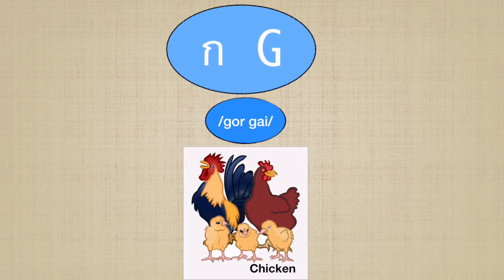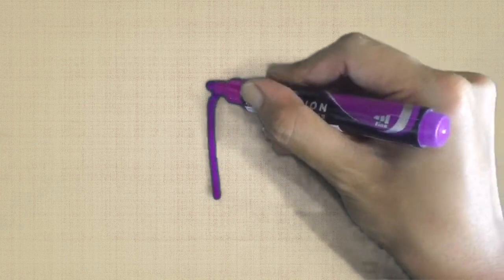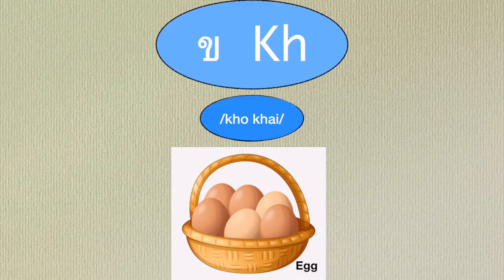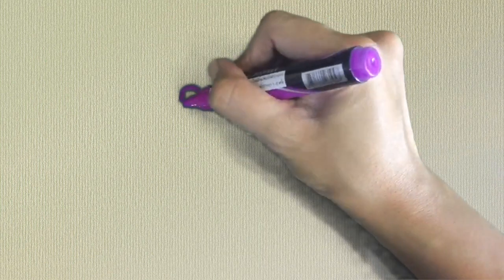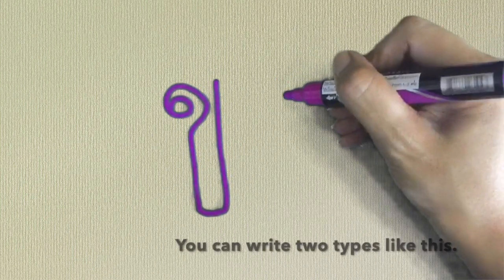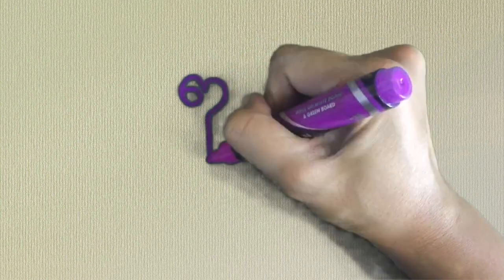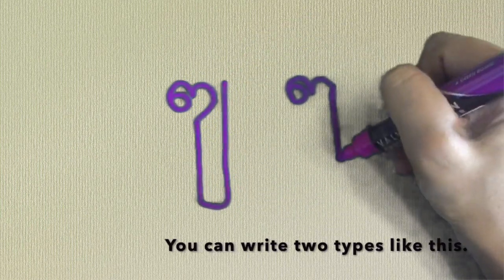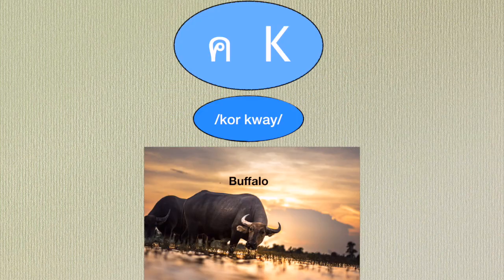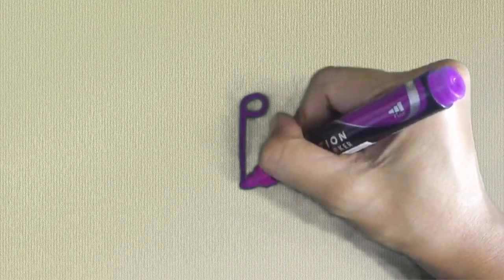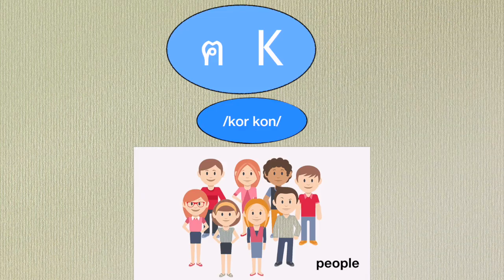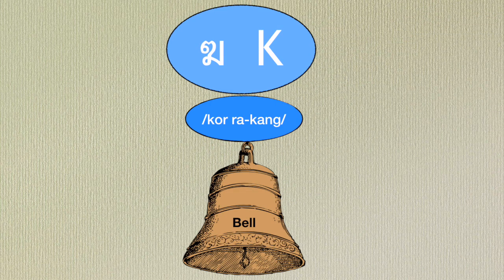Let's start. กอไก่ ขอไข่ ขอขวด คอควาย คอคน คอระฆัง